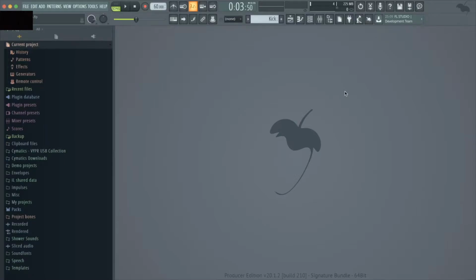Welcome to Lesson 6. Today we're going to be talking about workflow and revisiting some of the shortcuts that we've learned so far. The biggest difference between novice and amateur producers isn't necessarily an understanding of what FL Studio can do, but rather how to manipulate FL Studio quickly to achieve a goal. Today, we'll nail down these basics to help us as we progress down the road of production, and additionally, this